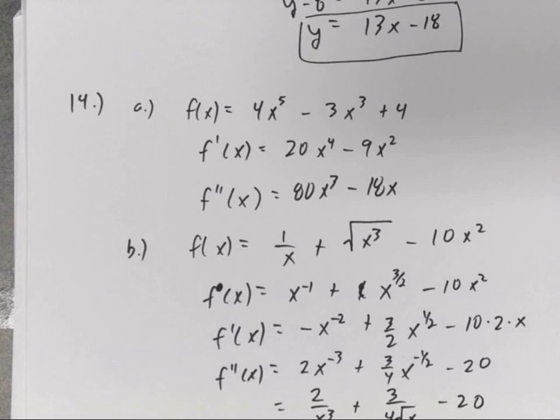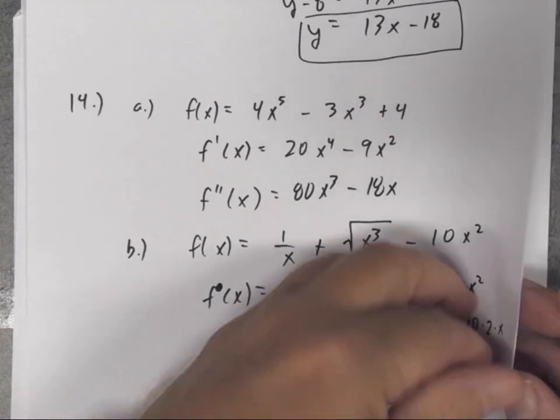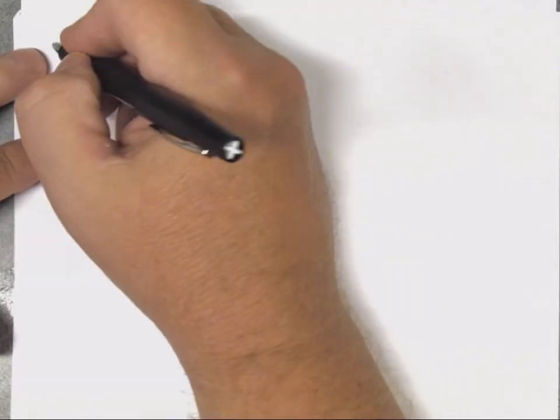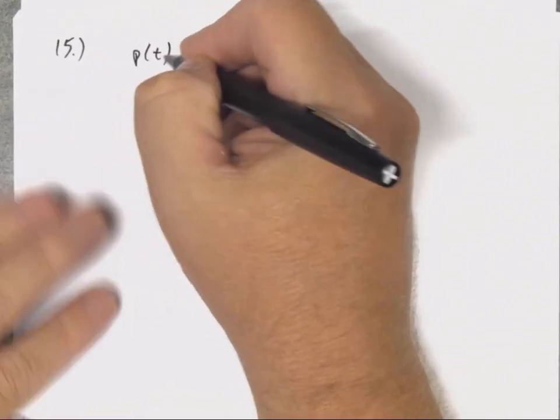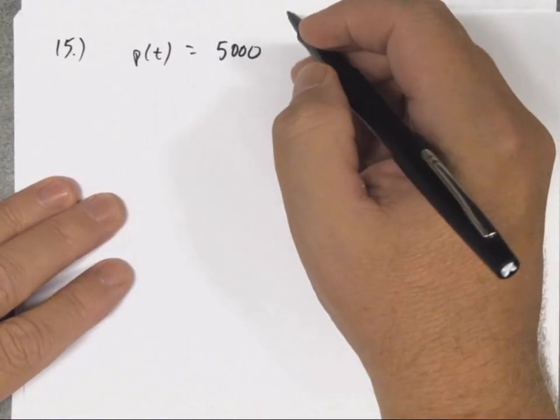All right, and finally, at the very end, 2 story problems. Although I keep telling you in class, these story problems aren't that hard because they give you the equation. Let's see if I'm a liar or not. So 15, the growth of a bacterial population is represented by the function, let me just write down, P of t equals 5,000